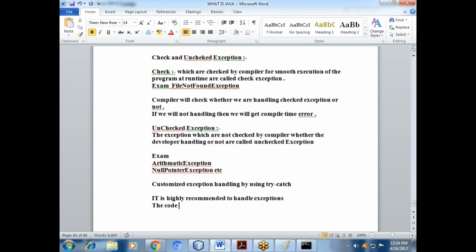The code which may raise an exception is called risky code.